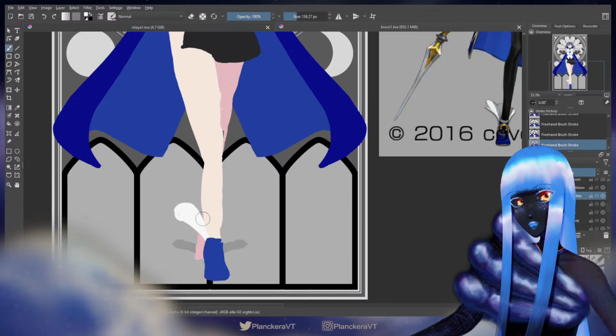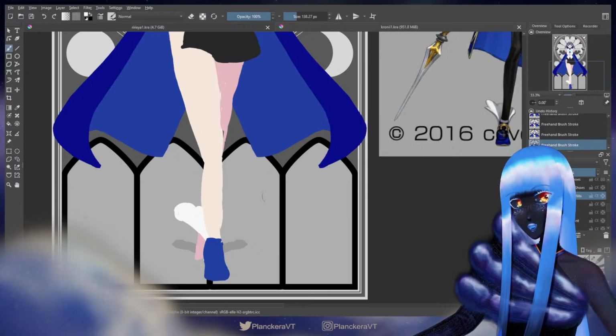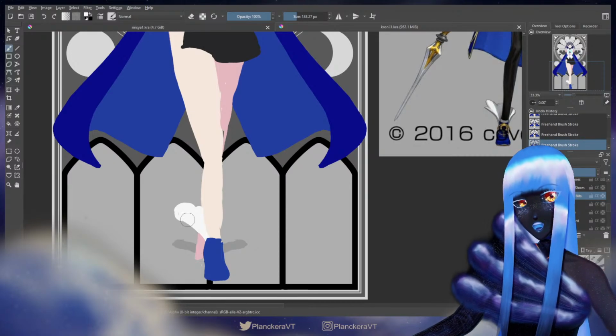As always, I do my best to try to stay as accurate to the design as I can. In that case, I just felt like this little guy here was not sitting in the right place relative to this one, so I moved it a little bit so that it would actually have a little bit of room.